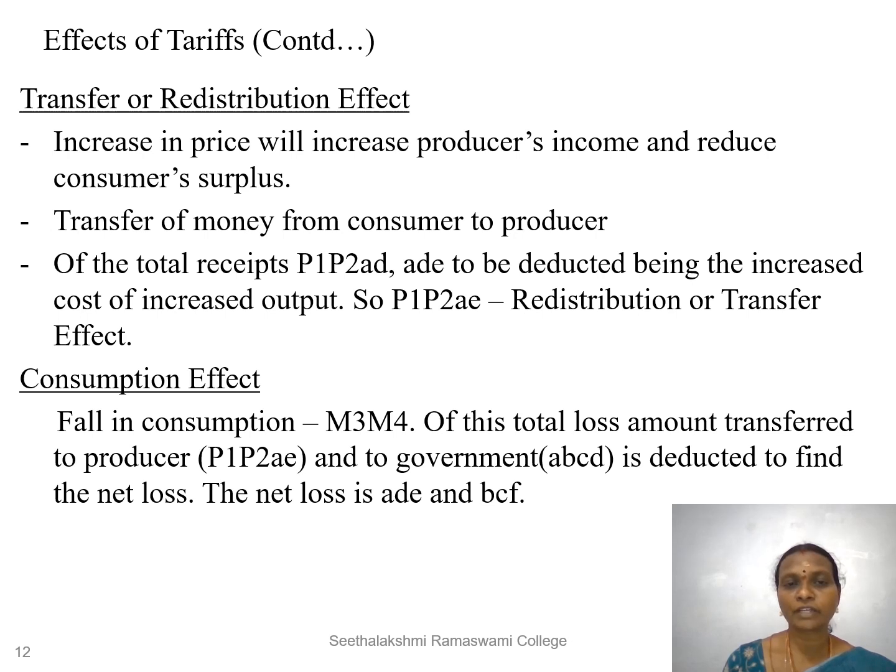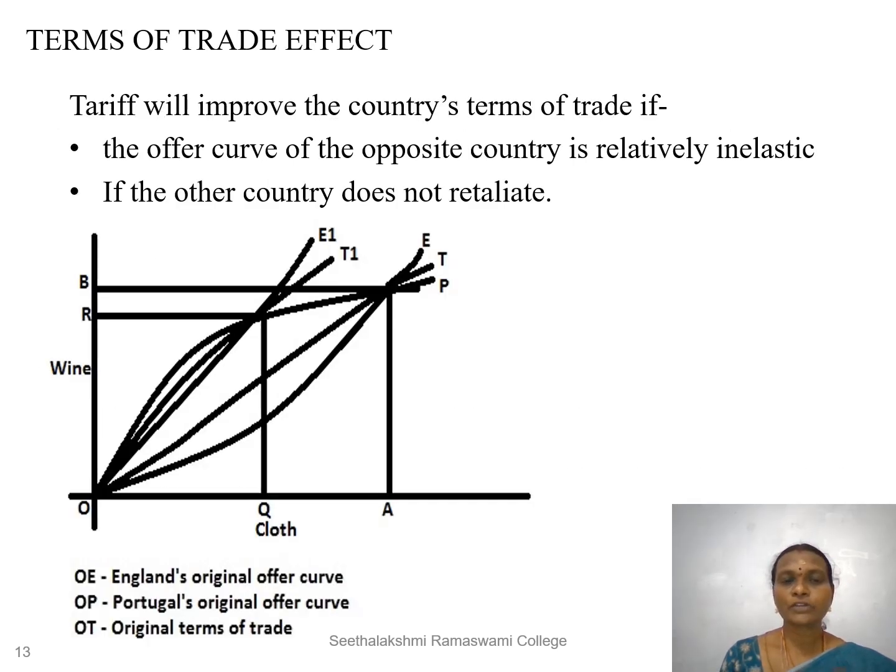The tariff is affecting consumption, producers, consumers, as well as the domestic industries, the government, everybody. So the tariff is playing an important role in generating income for the government. In the effects of tariff, the terms of trade effect plays an important role. For that, we have another diagram. With the help of this diagram, I am going to explain how this tariff improves the terms of trade of the